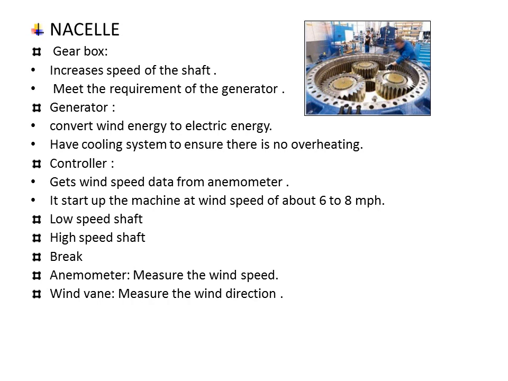The next one is the generator. The rotational mechanical energy of the gearbox is connected to the generator through the generator shaft. The generator is used to convert mechanical energy, that is wind energy, into electrical energy. The generator is attached to one end of the turbine, which provides mechanical energy, and the other end is connected to the electricity grid. The generator needs a cooling system to make sure that there is no overheating.